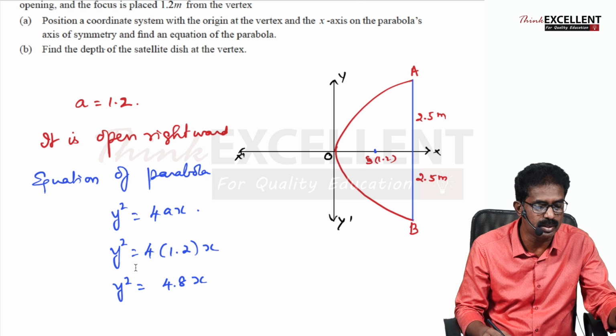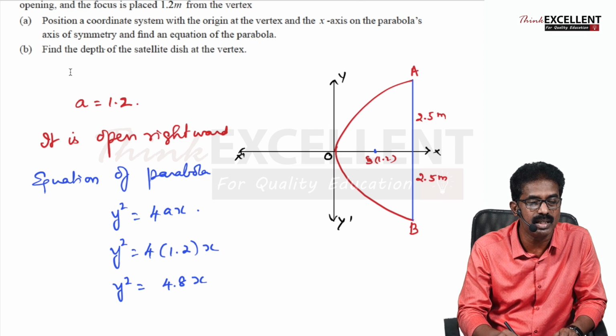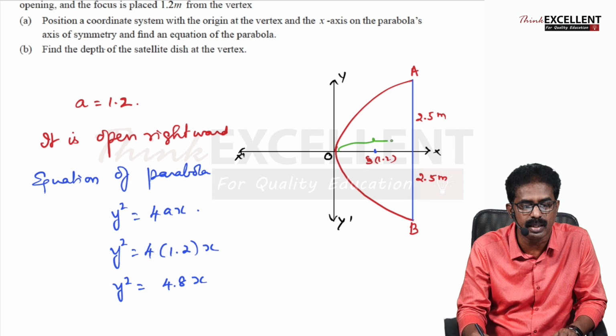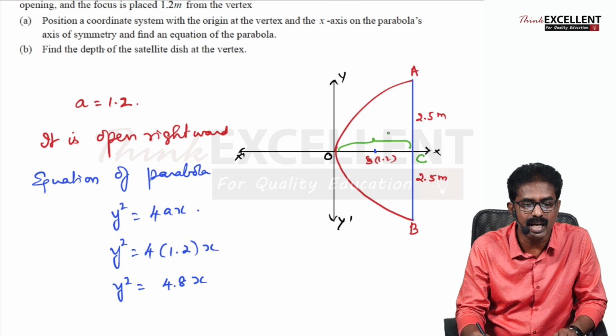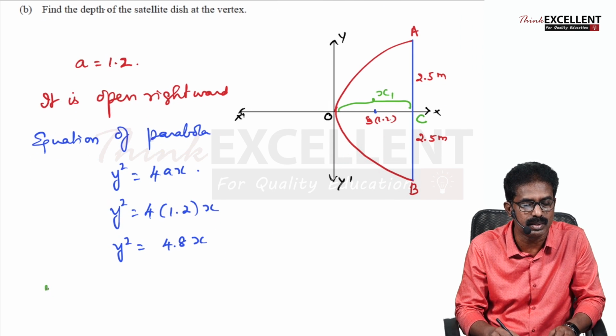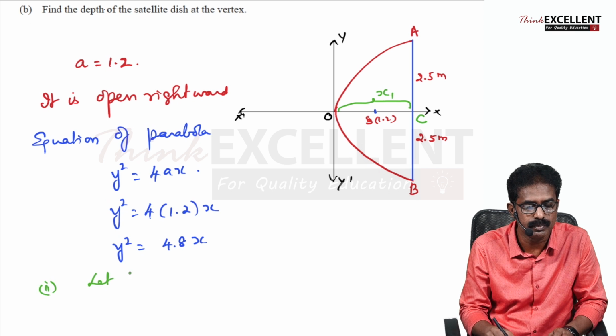Now see, there is one more subdivision. What they asked: find the depth of the satellite dish at the vertex. So depth means this length. I'm taking this point as C. That OC we have to find. I'm taking that OC as say x1. So we have to find the depth, right? So let